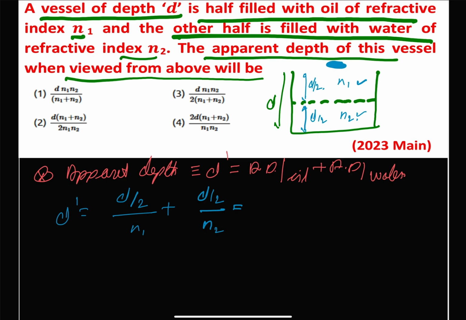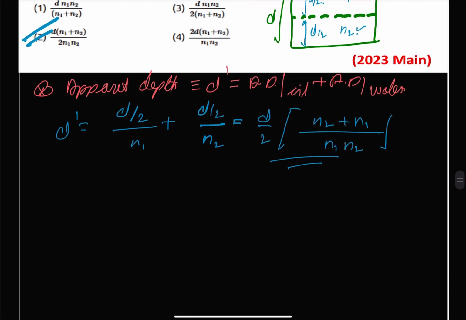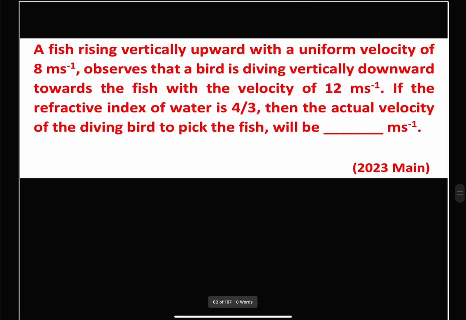And D by 2 we can take as common, so this comes as LCM N1 N2, and this becomes N2 plus N1, which we are required to find out, and we have option number 2 is the correct one. Option 2 is correct. Next question,